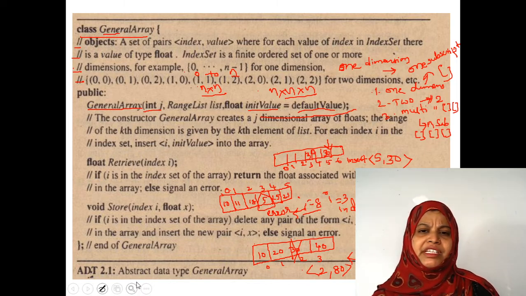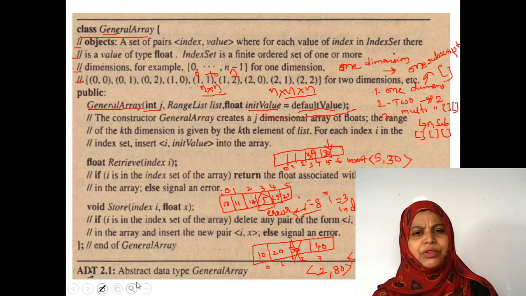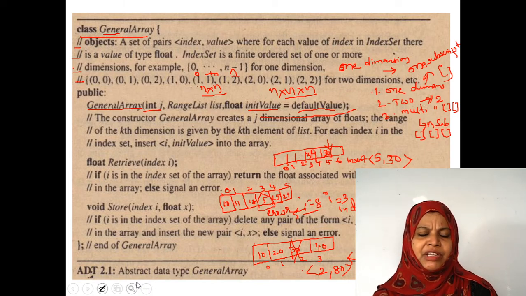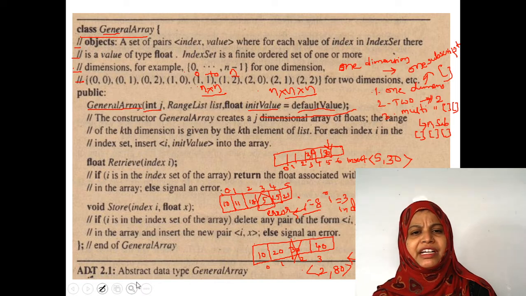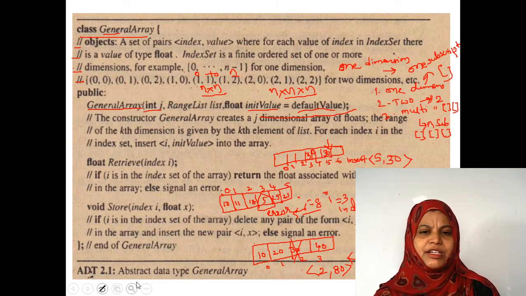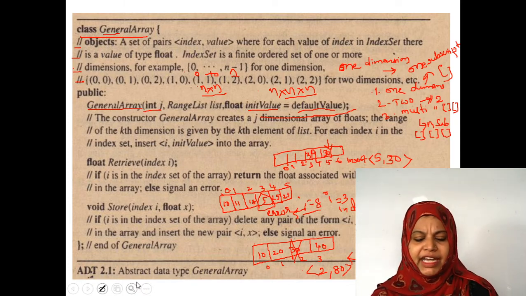If the memory location is not free, in that case we are going to delete the information present in that memory location, then add the new information into the array. If the memory location is free, we just store the information in the array by using the index value. We must know the index value where we are going to store the information, or from where we are going to retrieve the information from the array. This is the concept of array using ADT.